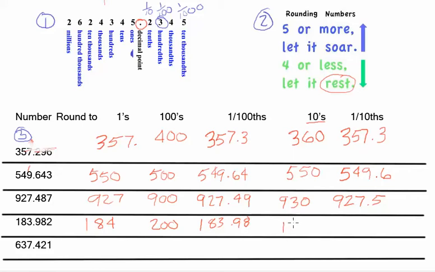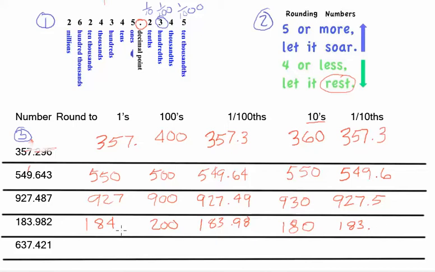Actually, I made a mistake. In this particular case, in the tens spot, we have an 8. The number next to it is 3, which is less than 5, so we're going to let it rest. So we're going to go to 180, and kill it right there, because we're in the tens spot. Because we're closer to 180 here than we are to 190. All right, and then in the ones spot, you can just write this number out,